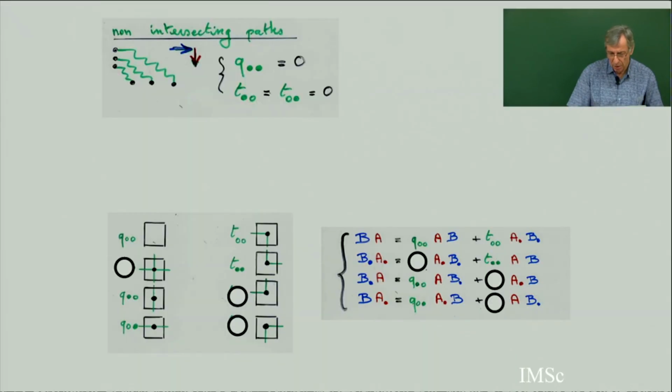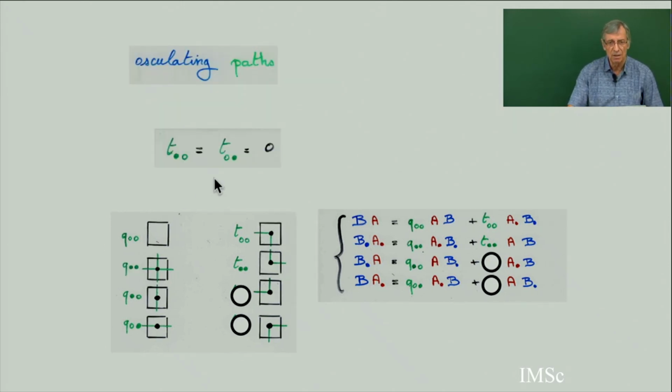So we have done non-intersecting paths, which give some beautiful formula because I have cancelled three possible terms. But what happens if I cancel only these two and I keep this coefficient? Then there is something classical which is called the osculating path. Osculating path means that you allow the paths to touch. I take these two to be 0, but I allow this coefficient.